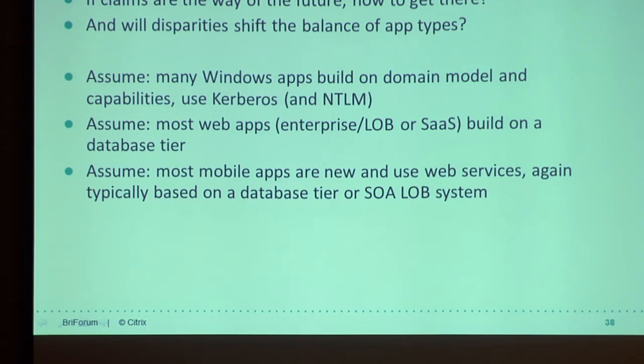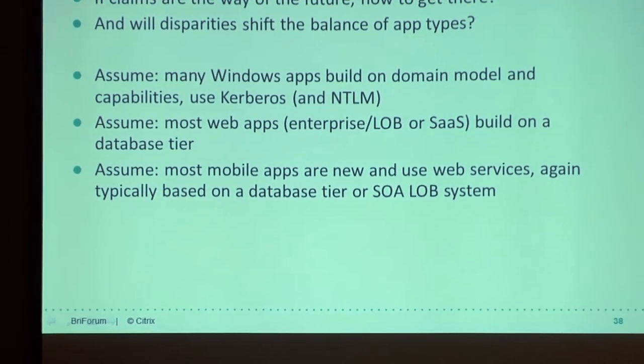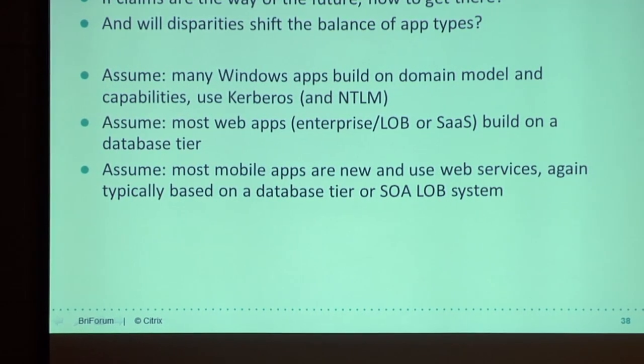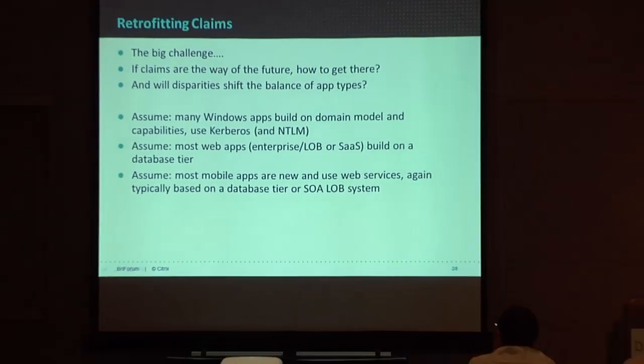When you authenticate to a web application, and I'll be talking about this on my next slide, you're authenticated at the outside and then your identity is carried through the system. It's just carried around like a parameter inside the system. There's no extra validation at every little step you cross, because all the steps are inside what's considered a trusted system. And mobile apps are almost based on top of web apps as web services, the same sort of model. There's usually a database behind somewhere.